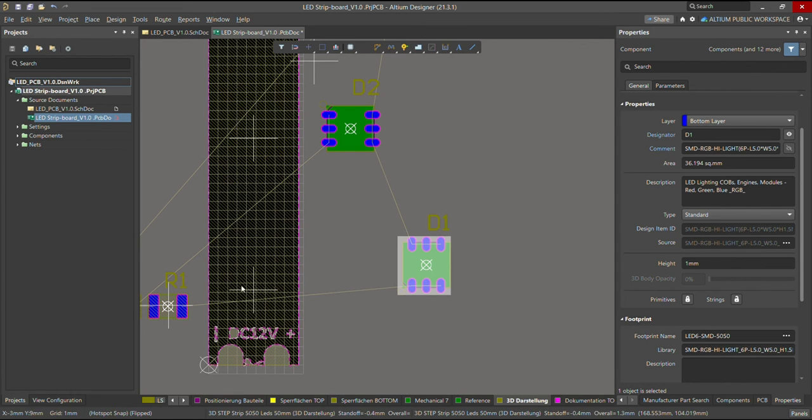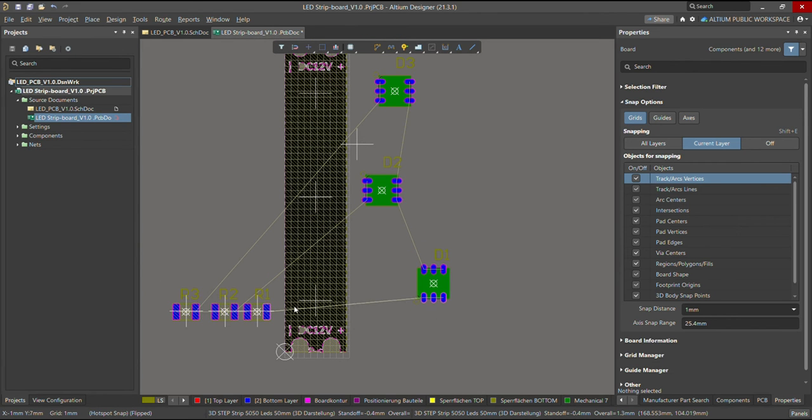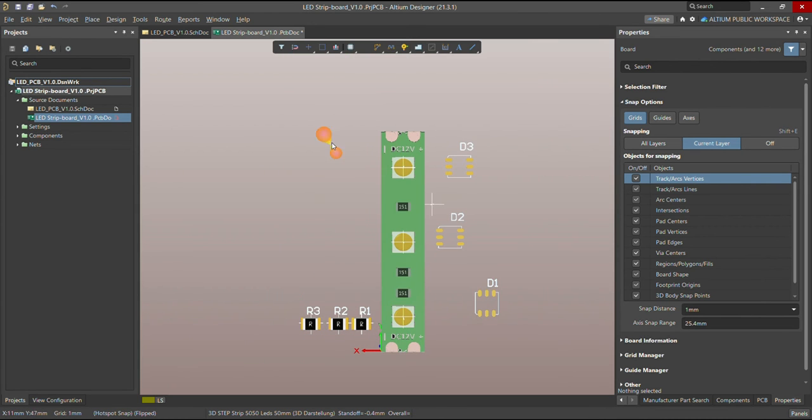then only it can snap that, because that snap is activated only for the current layer, as you can see here. That's why it doesn't depend on where your object is. It depends on where your snap point is present on the PCB STEP file, I mean in the 3D model. So